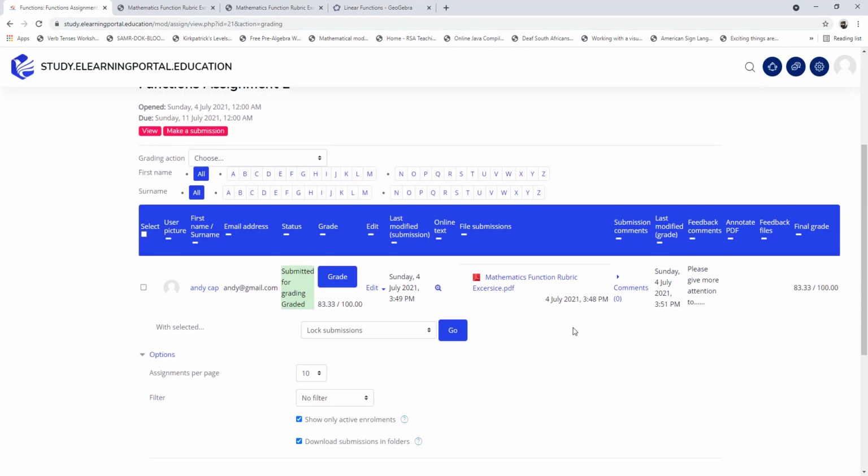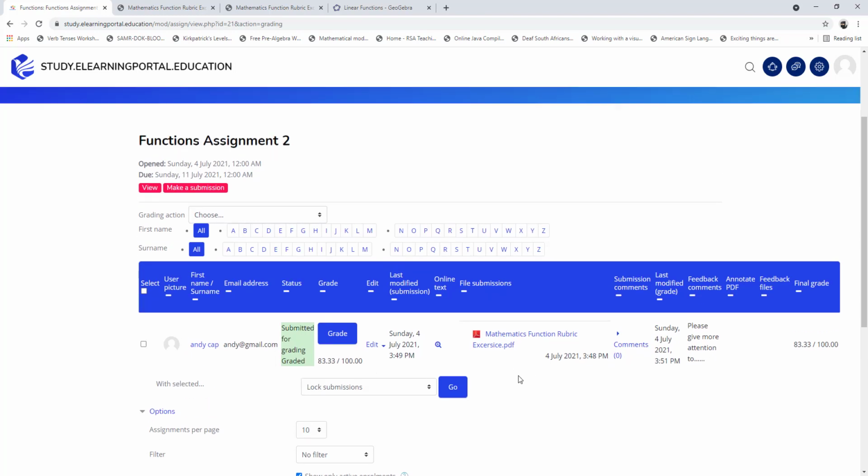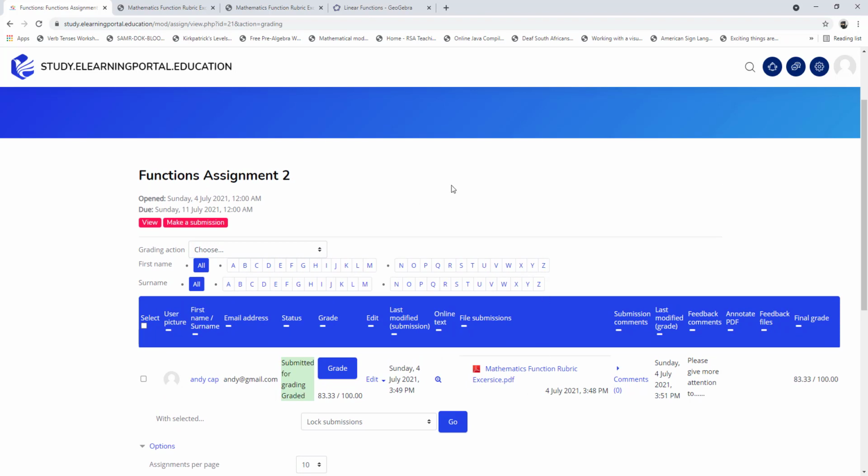And you'll see there that Andy, his assignment was graded and he scored 83.33%. And there's the percent. And there's the feedback. And this is how we create a rubric activity where we use a rubric to actually mark an assignment of a